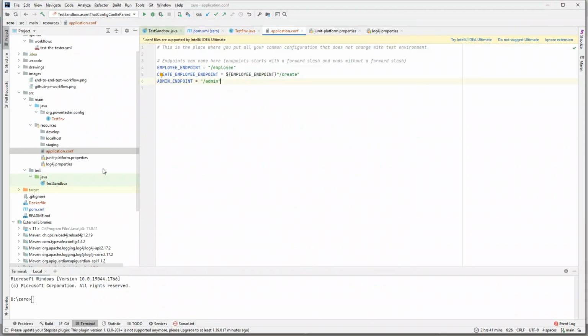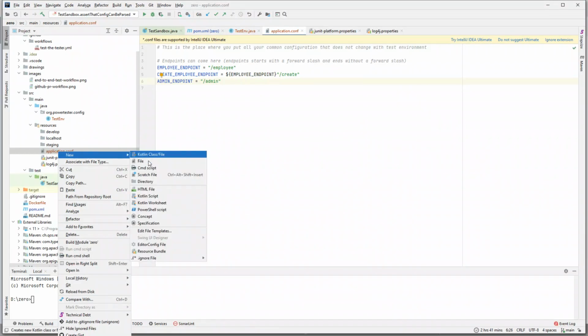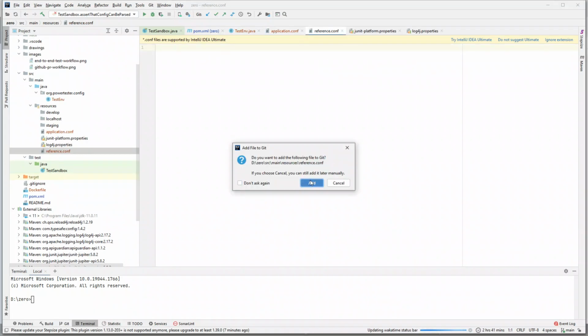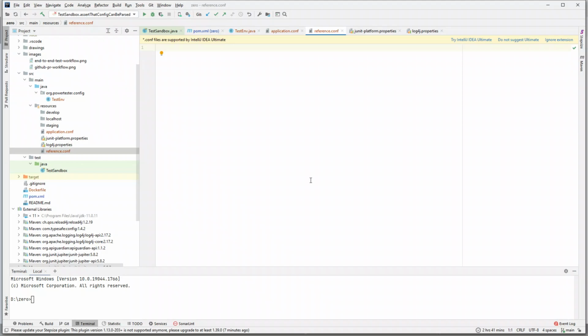So if I go back, let's create another file and call it reference.conf, and you can put all your user choices here. So for example, things like test environment, and let's say I say